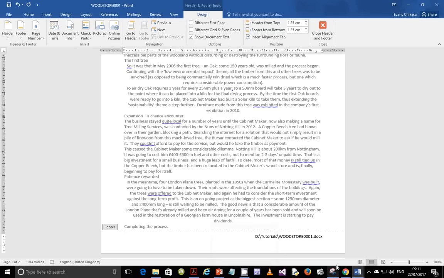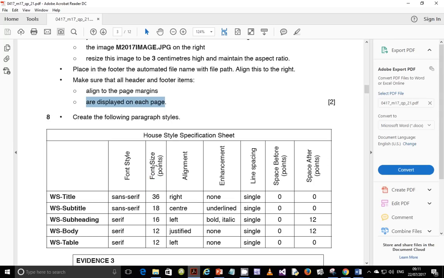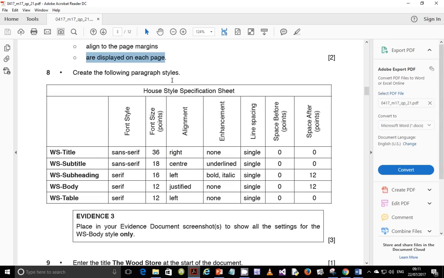Okay, so let's go back to the question paper. So now we are going to create the house style specification, and so create the following paragraph styles, the house style specification sheet. Okay, so this is what you have here, and let me just do this and then we can end this video and then continue in the next video. Okay, so let's work with this one. So let's go to Word,